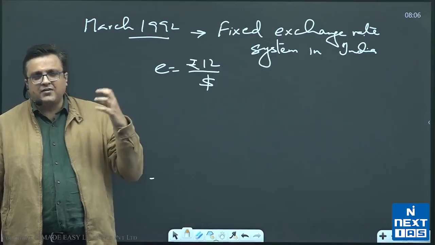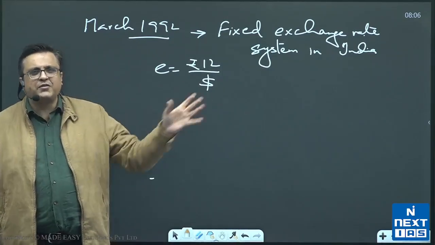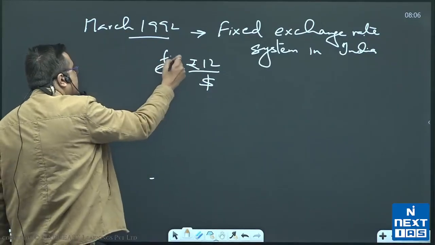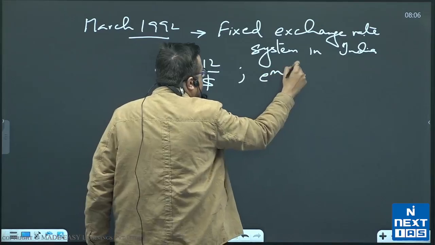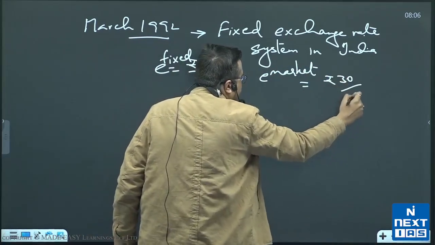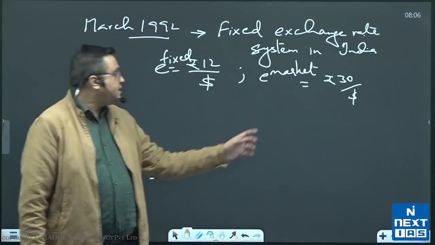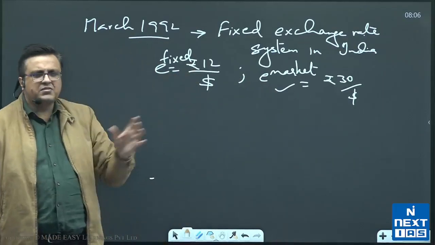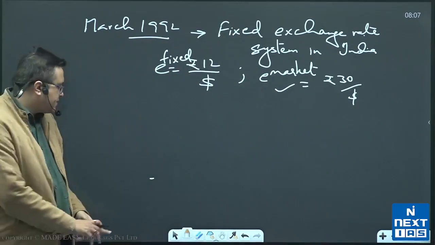हमें लगता है हमारे currency की value high है तो दुनिया में सब कुछ ठीक है, जबकि वो reality नहीं होती. But we had fixed it like that. This was the fixed exchange rate. The market was actually giving, क्योंकि बाकी के देश market exchange rate पे shift हो गए थे, something like 30 rupees to a dollar. All right. तो हमारे currency की realistic value ये थी, but we had kept it here, suggesting that we are still doing better and our exchange rate is high.